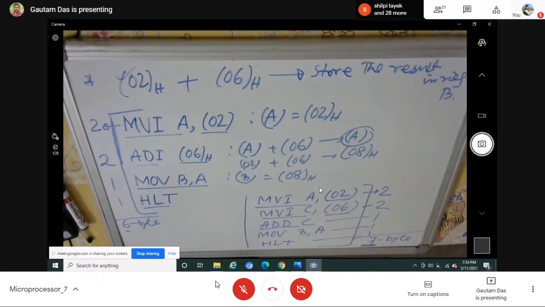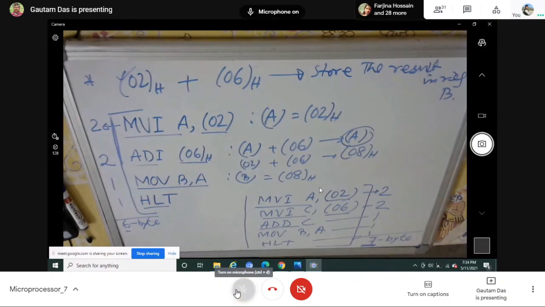That's why it is normally mentioned to the programmer that you should write a program with the minimum number of bytes, so that it can be stored with minimum memory space and your processor will take lower time for execution. So you will be able to optimize both: the memory space requirement and the time required for execution by the processor. That's why it is suggested you should try to write a program with the minimum number of bytes. But this program can also do it. Only thing is that it is 7 bytes and the other is 6 bytes.